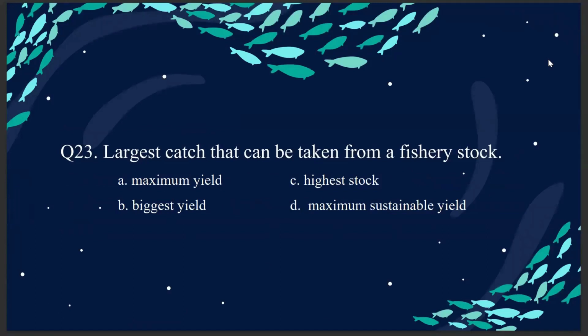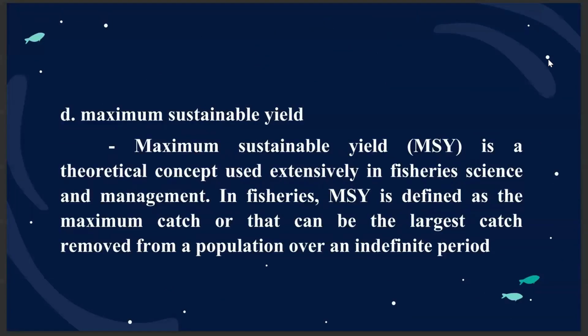Question number 23. Largest catch that can be taken from a fishery stock. A. Maximum yield. B. Biggest yield. C. Highest stock. Or D. Maximum sustainable yield. The answer is D. Maximum sustainable yield. MSY is a theoretical concept used extensively in fishery science and management. In fishery, MSY is defined as the maximum catch, or the largest catch, that can be removed from a population over a